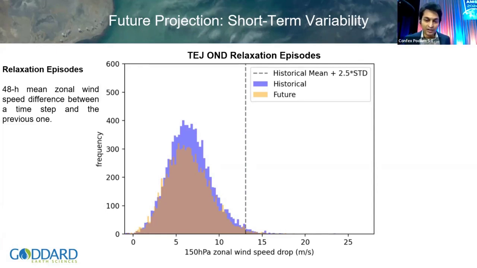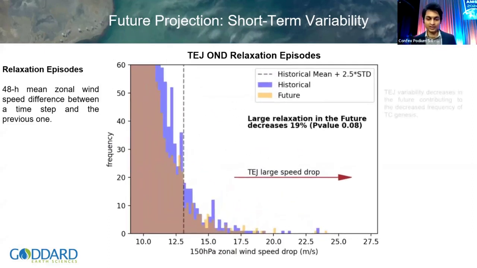we create a PDF, or probability distribution function, for historical and future, where historical is shown in blue and future in orange, but it's mostly brown because its upper left area is shown as brown. But if we want to understand how those tropical easterly jet relaxation episodes are related to the tropical cyclones, we have to look at the extreme part of the PDF. Whenever a depression develops into a tropical cyclone, at any time, if you zoom into that specific extreme condition,